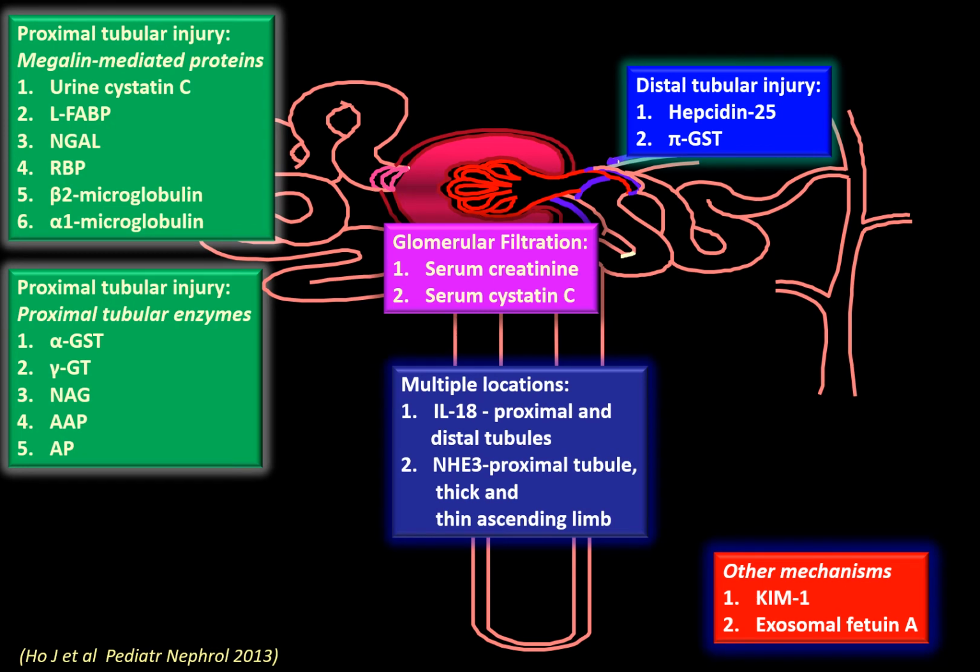Novel biomarkers such as neutrophil gelatinase-associated lipocalin or NGAL, kidney injury molecule 1 or KIM-1, interleukin 18 or IL-18, fibroblast growth factor 23 or FGF23, insulin-like growth factor binding protein 7 or IGFBP7, and tissue inhibitor of metalloproteinases 2 or TIMP-2 show promise in both their diagnostic and prognostic utility in the